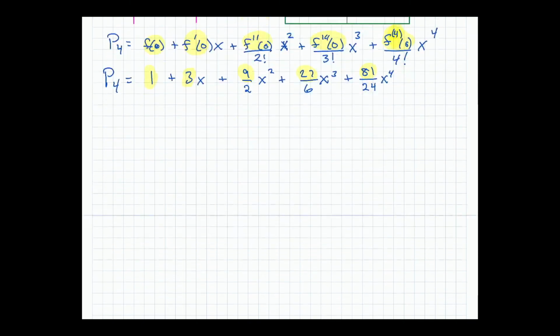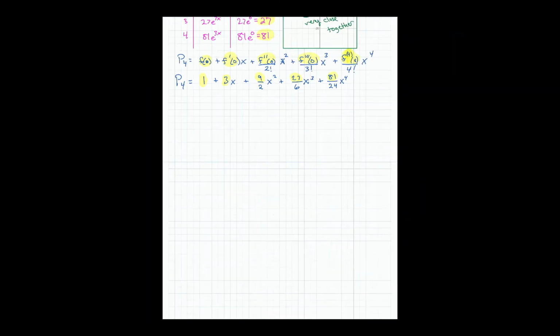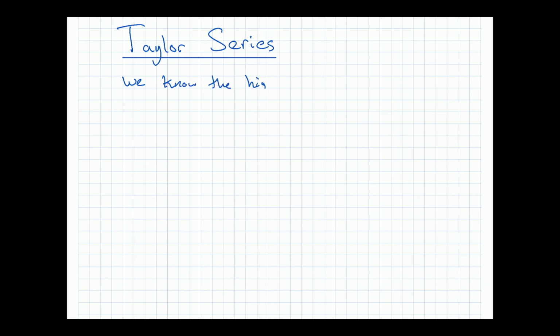Well, I think what we have left to do here is we need to talk about Taylor and Maclaurin series now. We talked about polynomials, now we need series. All right. So Taylor series. Now the nice thing about a Taylor series is that it's just a polynomial, but instead of stopping at degree n, you just keep going. So like we know the higher the degree, the better